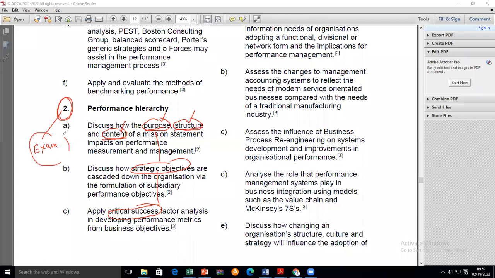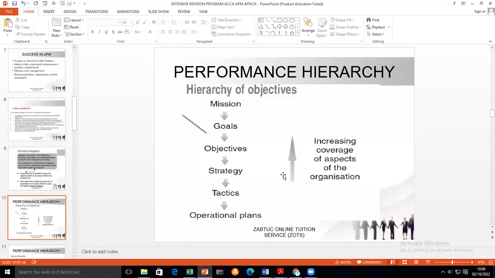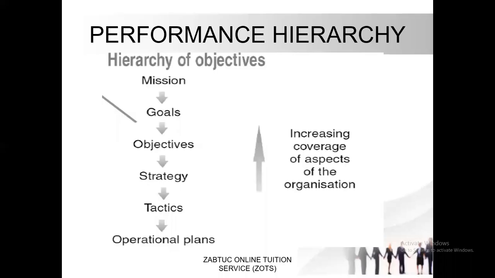Let's do that now. We go back to our slides. Here's our performance hierarchy. So a good performance management system involves this hierarchy that we have here,